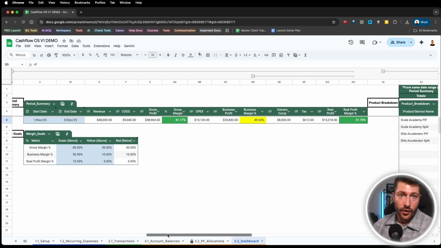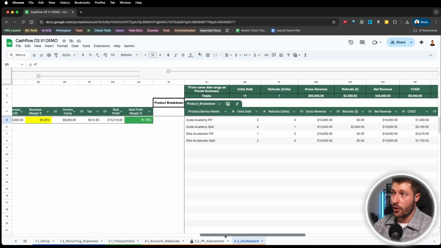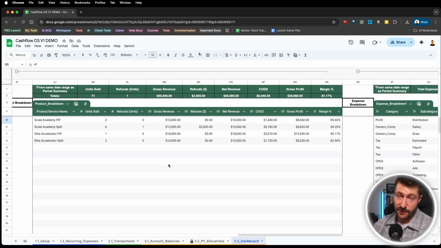Or, for example, what are your numbers for your product? What is your product breakdown? So for that specific period, how many units did we sell for each product? Everything is automatically populated. The refunds, the gross revenue, in a very simple chart or table like this, you would be able to tell immediately, like, oh, these products were not profitable, or even though this product seemed like the most profitable one, we made 15K cash from this one instead of this one. How can we sell more of this? So this tells you the full story and also gives you a full summary of your period. Again, super simple. In less than 5 seconds, you can know all of these things.